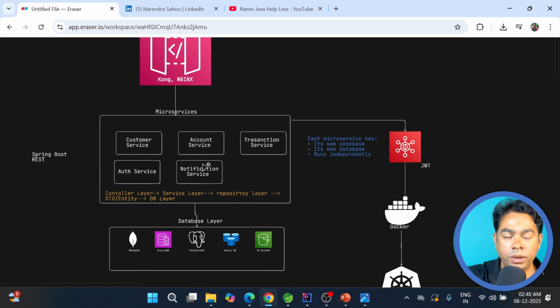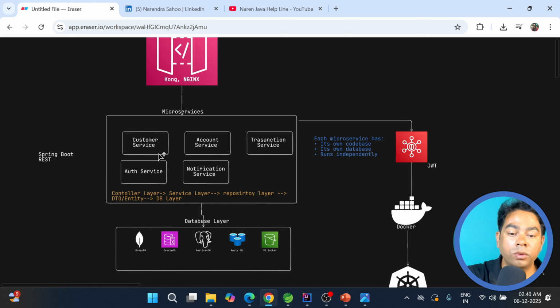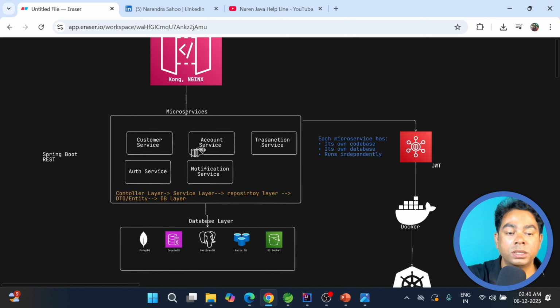For one example I'm giving, here the order service is talking to the payment service. Once the payment service responds back, then the order will be a success. So this kind of communication is synchronous. For all synchronous calls, like one microservice calling another microservice, we are using